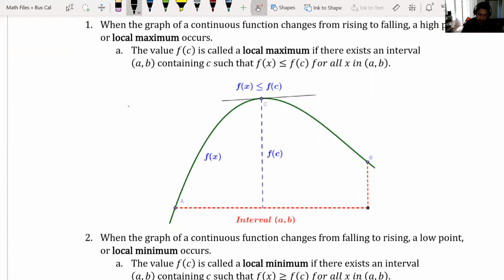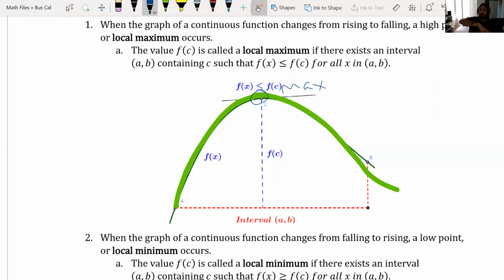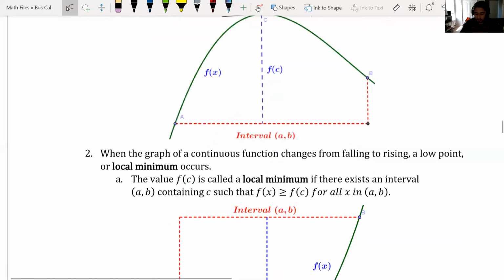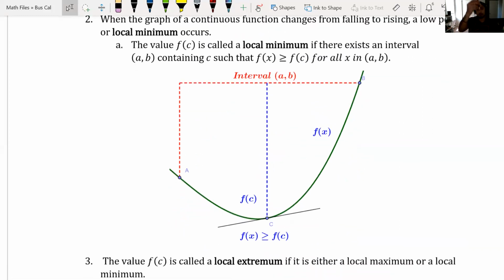We see that our graph rises and then falls, and you see that the point right here would be a maximum. It is a high point. So the graph must rise and then fall. So that's what a local maximum is. So I'll just erase that. There you go. And then if you're looking for a local minimum, well, the graph must fall and then rise,